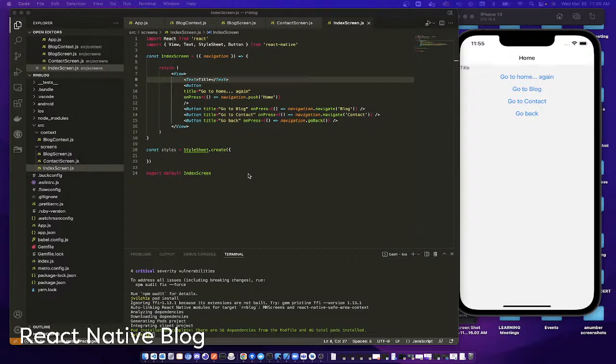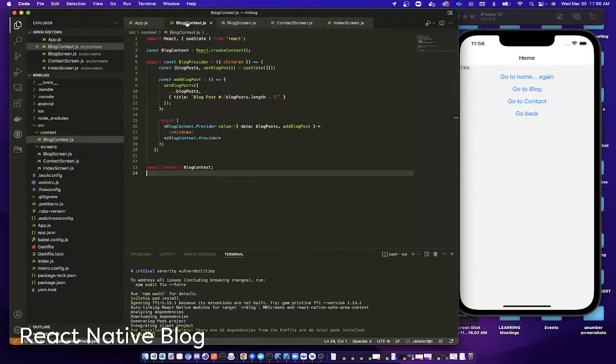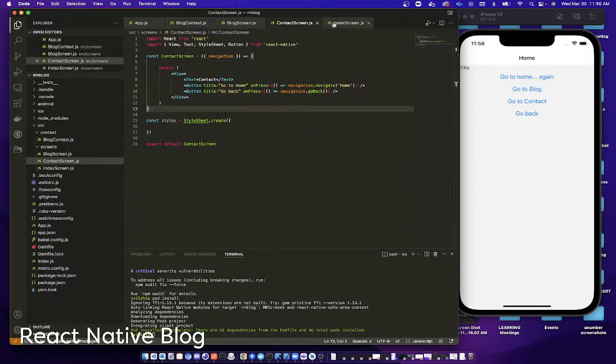Hello again. This is React Native creating a blog with context. All right, so we're gonna review what we did earlier. So we set up the context implementation. I did a little bit of modifications already, and I will explain what is happening. But first, I wanted to